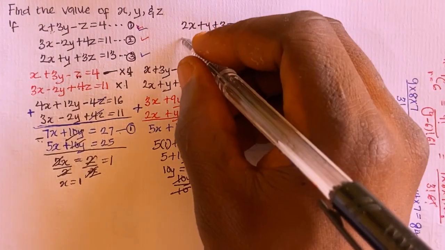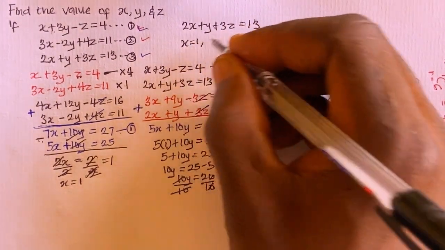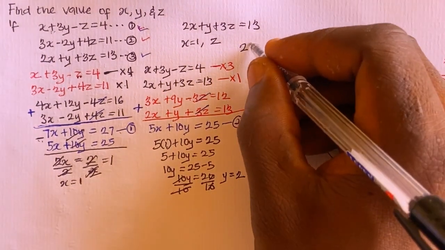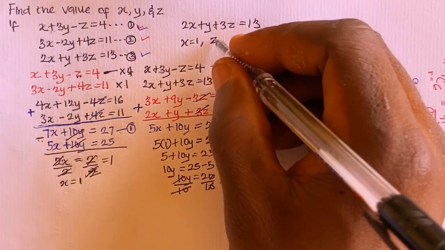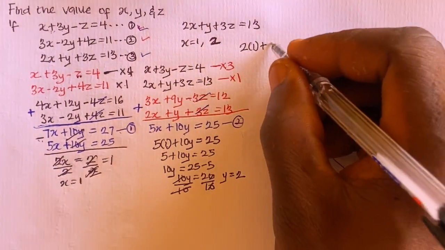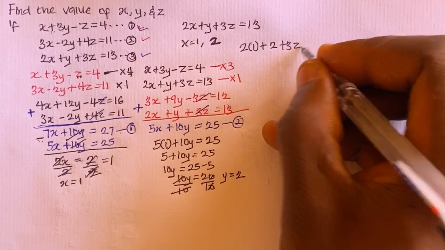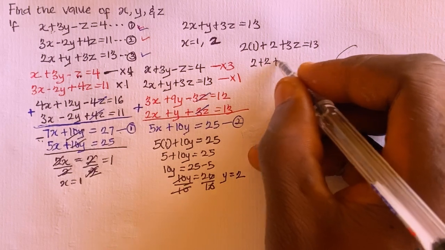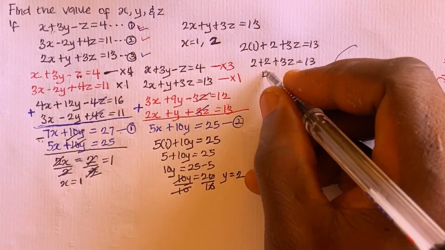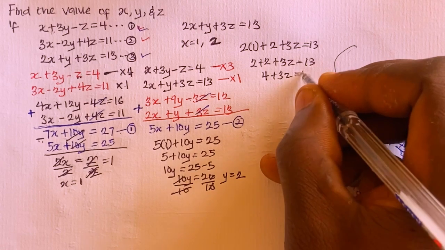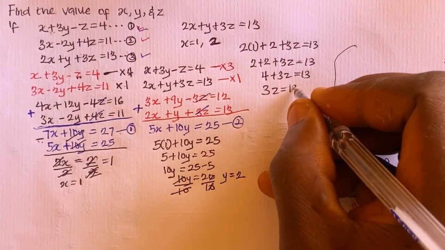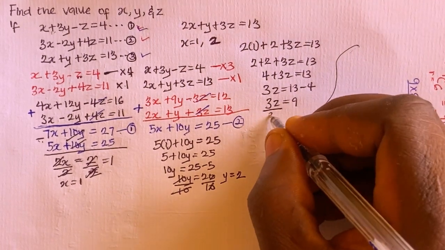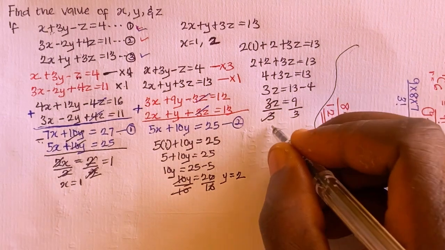Recall that x equals 1 and y equals 2. Putting those in, I have 2 times 1 plus y, which is 2, plus 3z equals 13. So I have 2 plus 2 plus 3z equals 13, so 4 plus 3z equals 13. Then 3z equals 13 minus 4, so 3z equals 9. You can divide both sides by 3, and we get z equal to